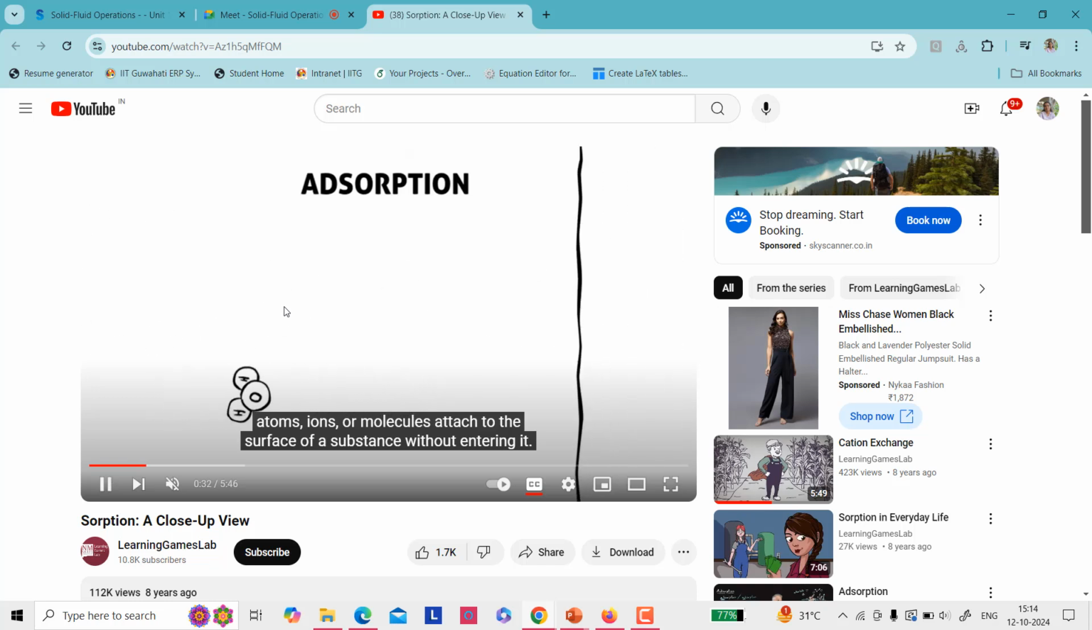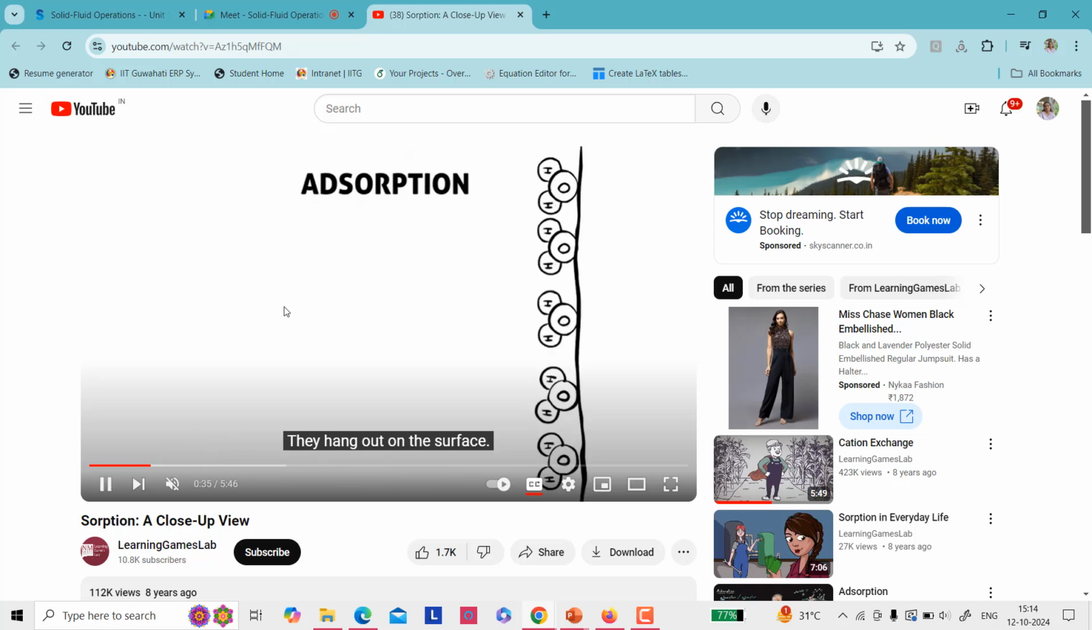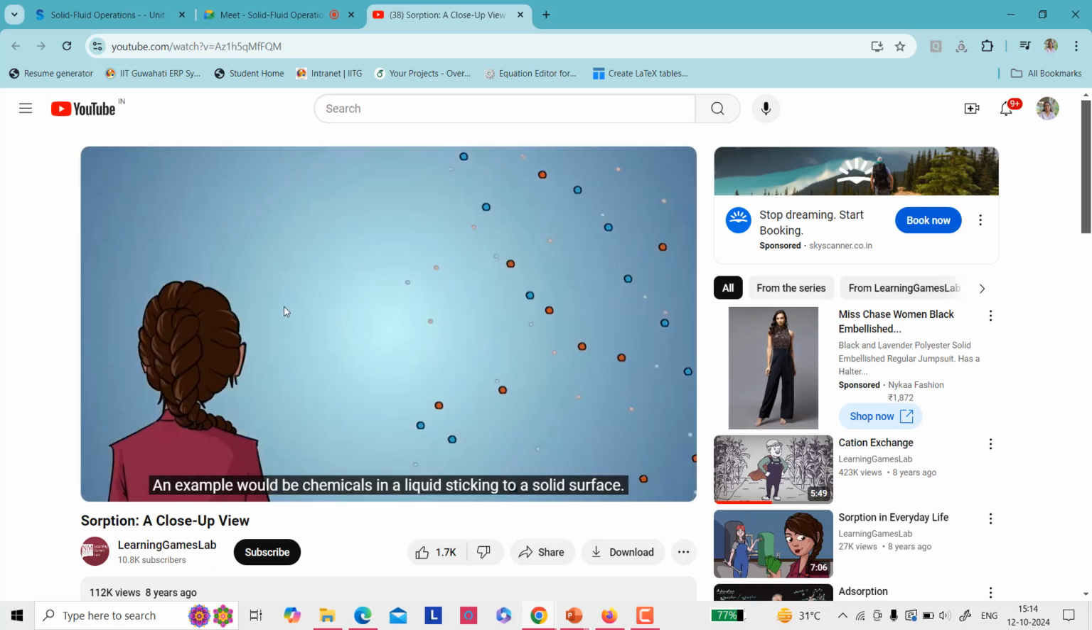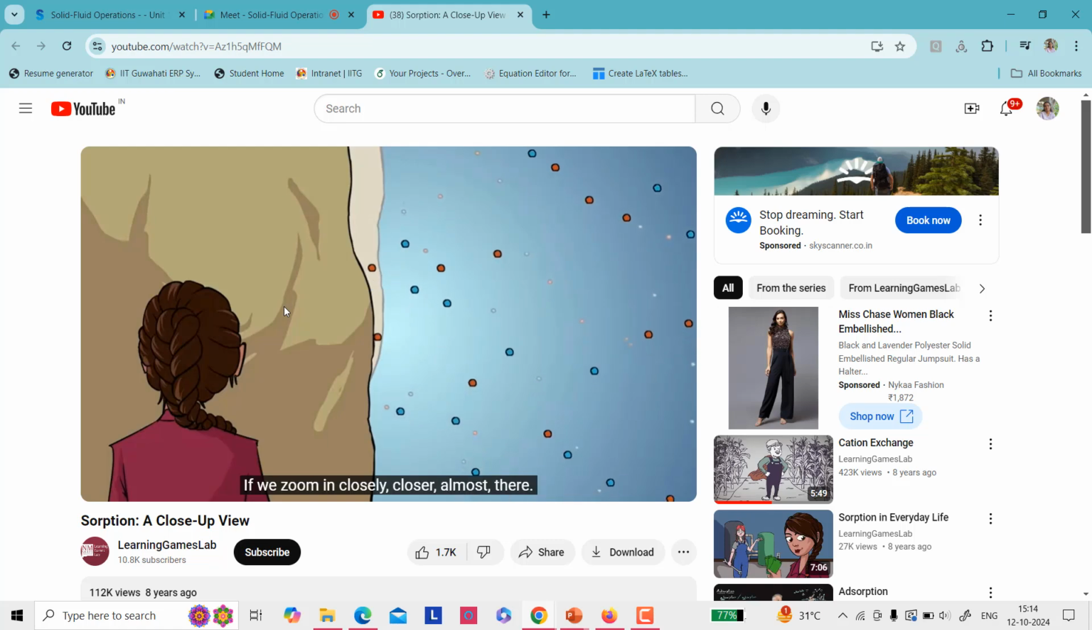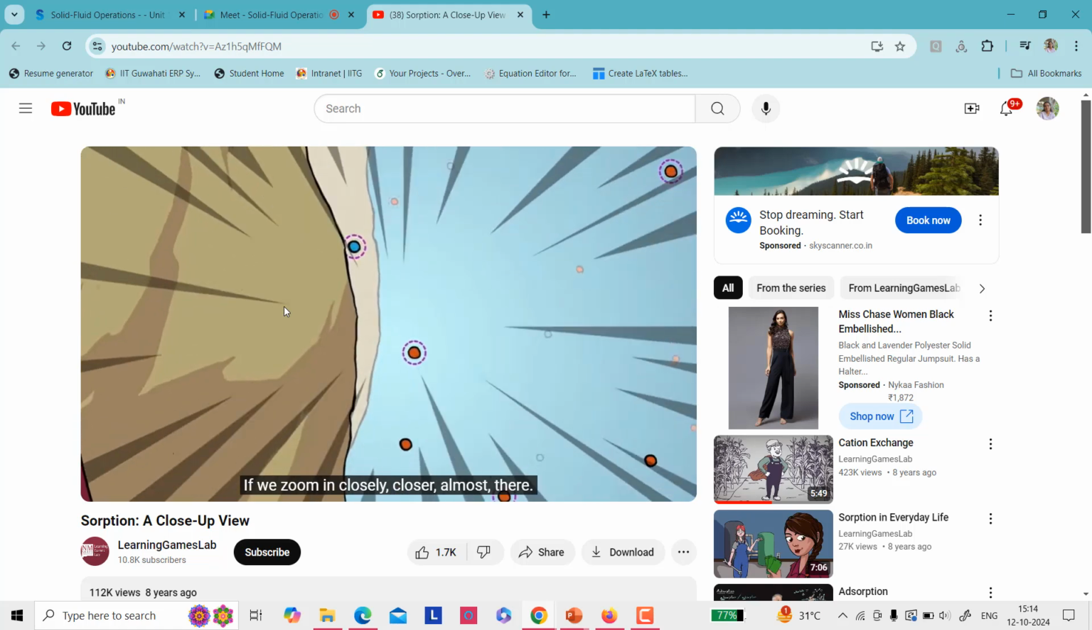So you can see how these particles or molecules are getting attached to the surface with the adhesive force. They are not entering, not penetrating into the surface, right? So what is written? They hang out on the surface like this. An example would be chemicals in a liquid sticking to a solid surface. Here you can see that